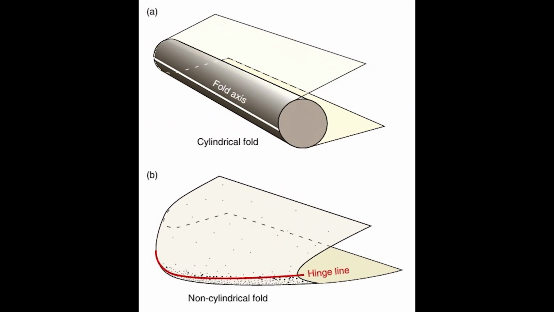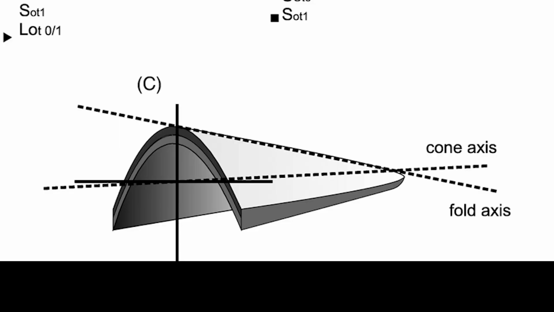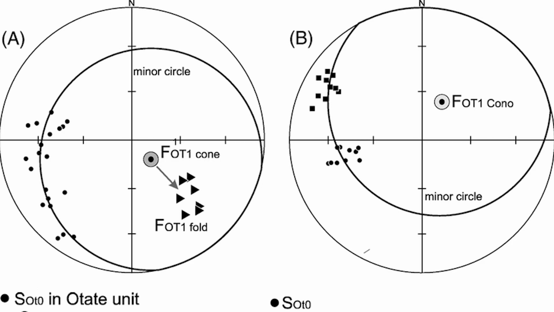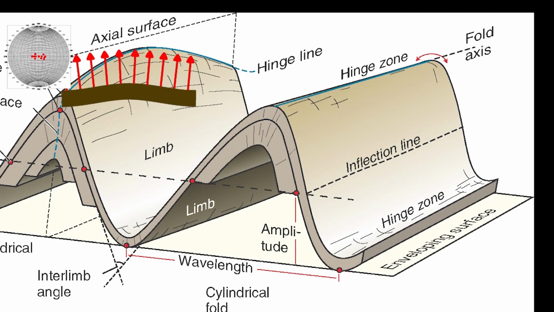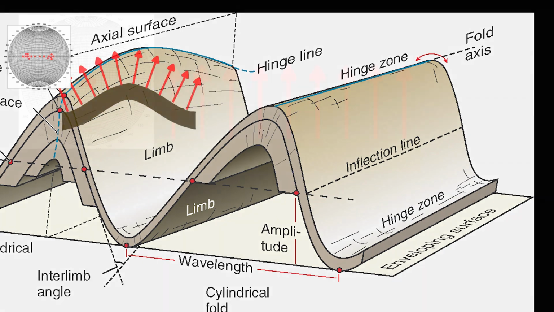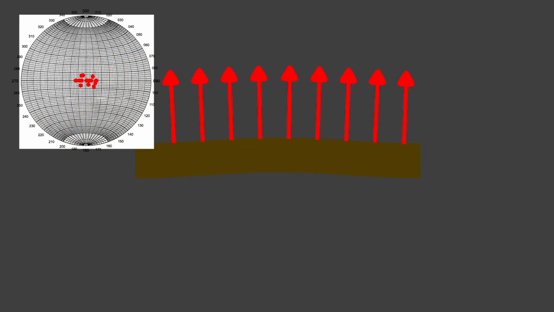and non-cylindrical folds, of which there can be many types. One non-cylindrical subtype, the conical fold, produces data that scatters around our net in small circles. But cylindrical folds make great circles. Using poles instead of planes, a flat surface would make a small area of data, but as we fold it,